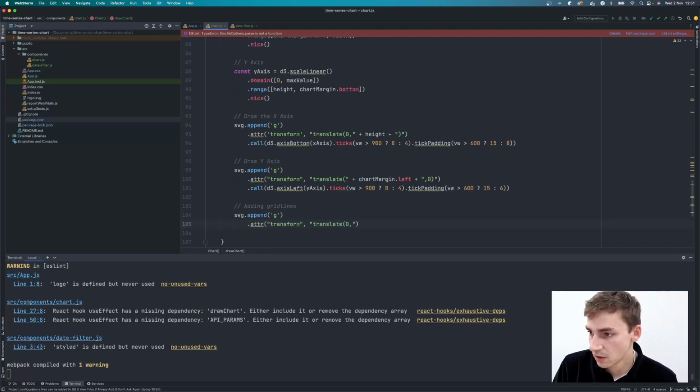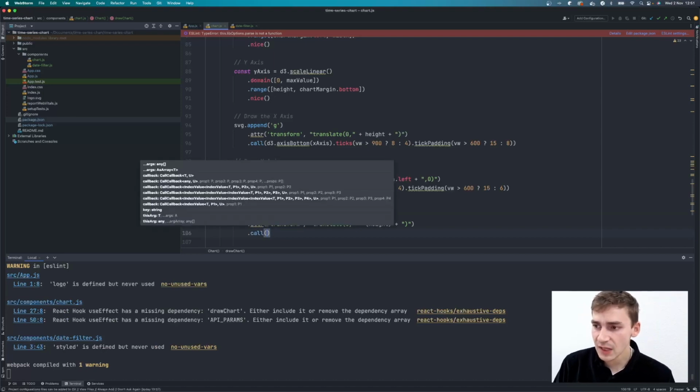So 0 we're going to start from, and then plus height, plus, and then we're going to close our brackets. Excuse me, that's just that there. So that's going to position our X scale grid lines in the right place across the chart, and then we're going to set our